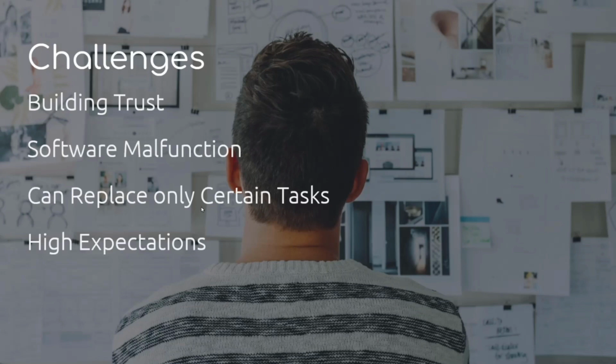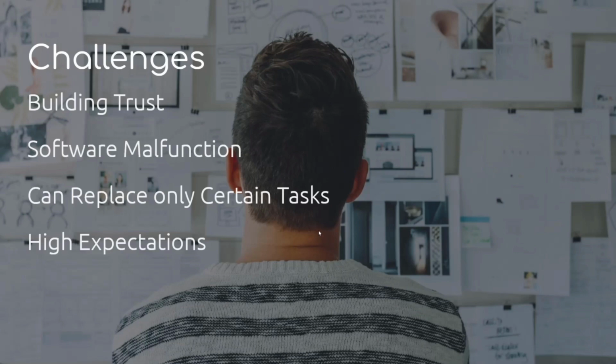Then understand that it can replace only certain tasks. Most people think that jobs will go away, something like that. That's a very rare case. Right now it can replace only certain tasks which are tedious and boring for human beings, but eventually things will go. For example, there were cashiers, and now there are checkouts without cashiers. Things will replace people. But the point here is they can replace only certain tasks, not everything can be done by machine learning, because it is in a very crude format.